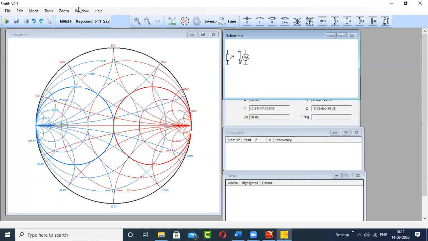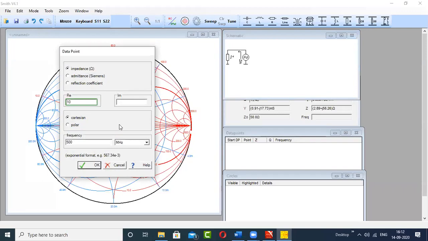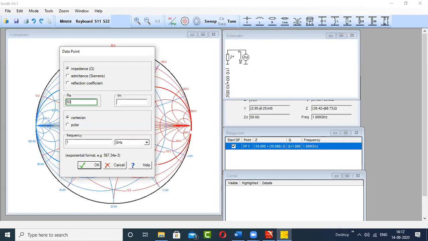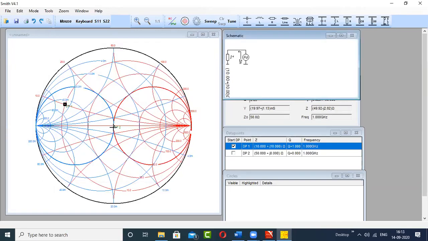So the impedance taken by sir was 10 ohm and 10 ohm. Okay. And the frequency is 1 gigahertz. So select the frequency, click OK. So the impedance is somewhere here. And the reference impedance there is 50 ohm. Imaginary part is 0. Now frequency, you can see it is locked to 1 gigahertz. So this time, no need to alter the frequency. So you have a reference impedance of 50 ohm and the load impedance, suppose it is 10 plus J times 10 ohm.